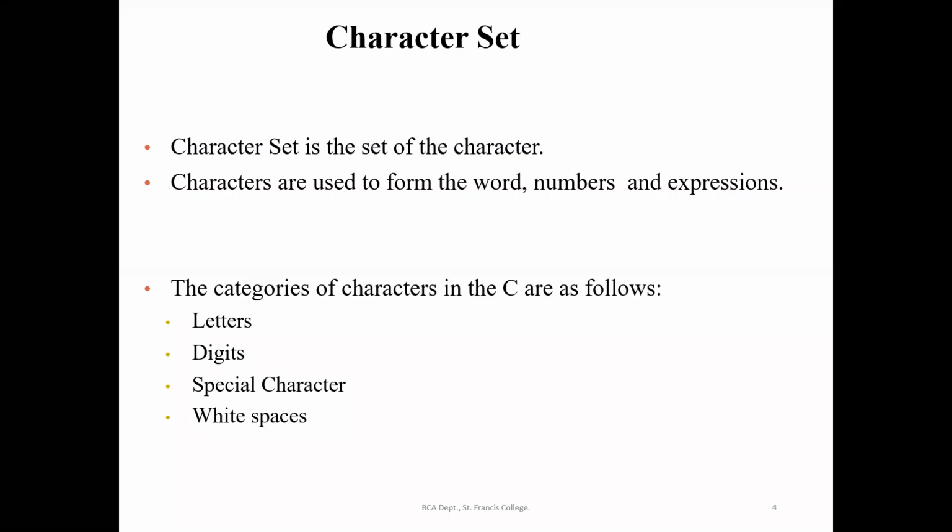The character set will consist of the set of English alphabet characters. Along with that, we will have numbers. And when we join two or three characters, we will get a word. And when we join some numbers with the operators, we will get an expression. All are listening? So all these are the things which you should understand.